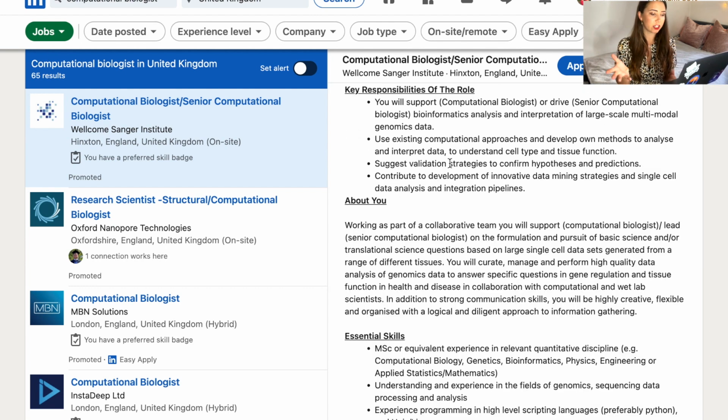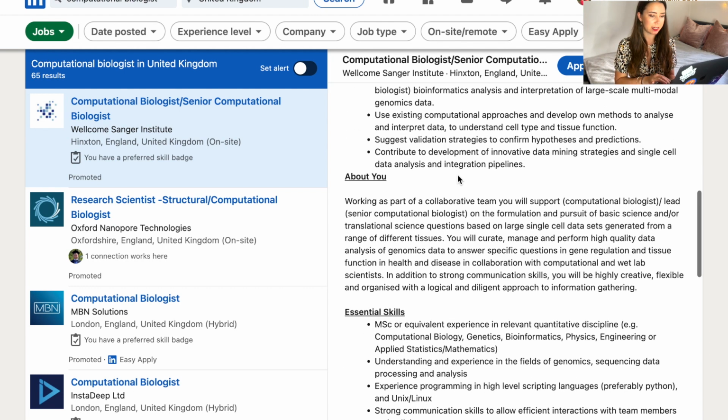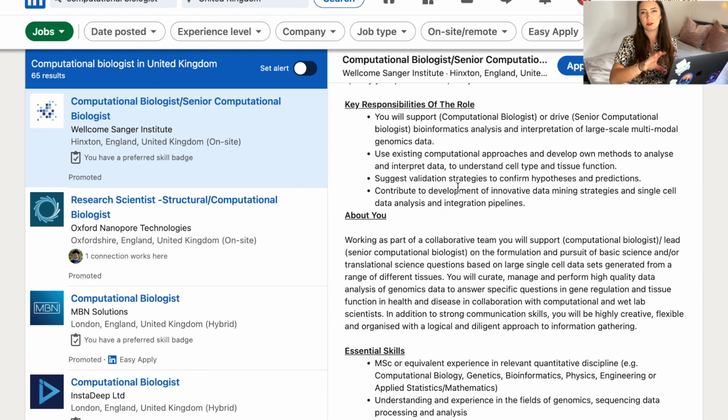They're validating predictions and hypotheses, they're interpreting data. So this biologist one here is like an umbrella term for all of those multimodal different types of data and analysis, from building the analysis to interpreting it to testing hypotheses. So a very generalist scientist role here. So essentially, computational biologist is summarizing all of that, and it's non-specific to the data you'll be working with and usually multimodal. So there might be some other terms you'll come across, things like data engineer, pipeline engineer,